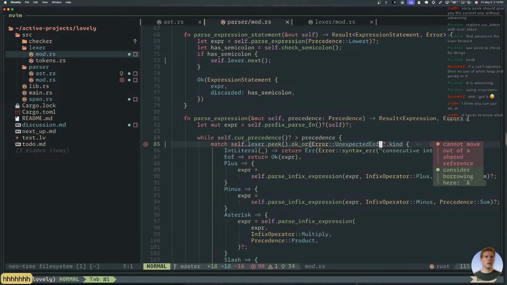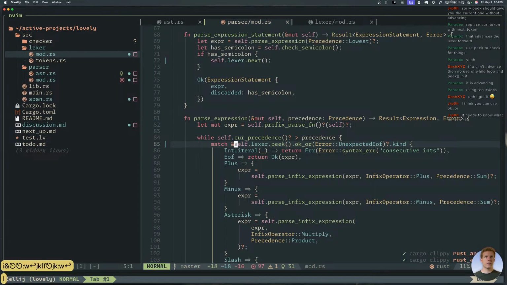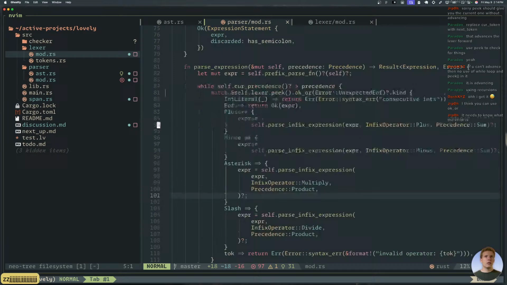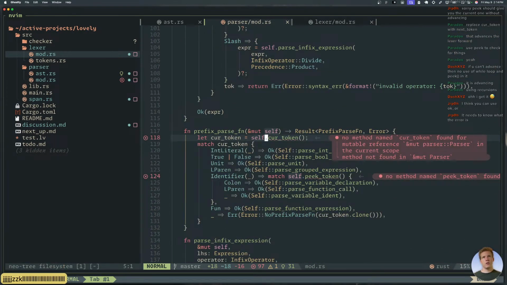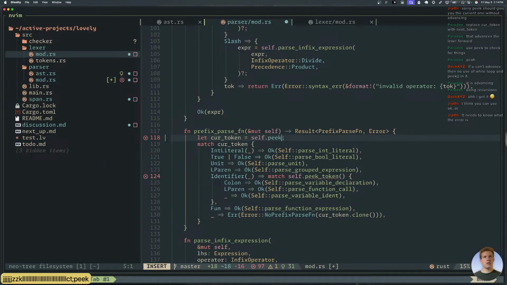Except now I have that. Okay, now that's quite nice. It's a little bit lengthy, but it's very explicit. I like that. Cur token equals self.peek.